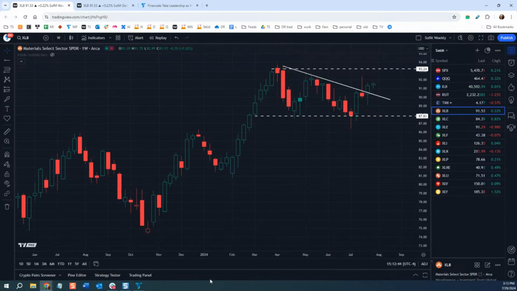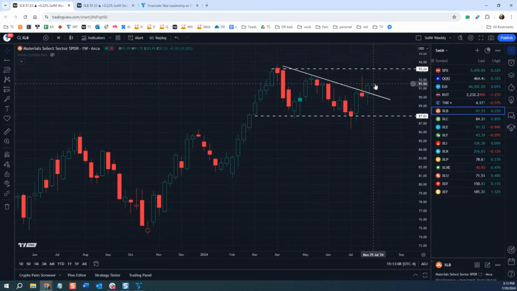The thing that grabs my attention most on materials, like I said, is that China is not doing great. And we've seen the situation in copper. So I think those are situations to remember right now for materials. But I also think it's important to realize that it had this signal when it broke out of a range, closed at that weekly high back in February, and then continued higher for several weeks. So the question now is, does it get back up closer to there?